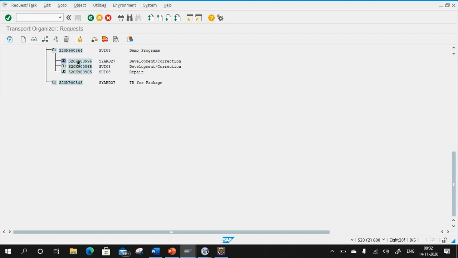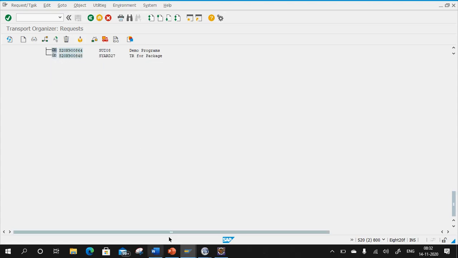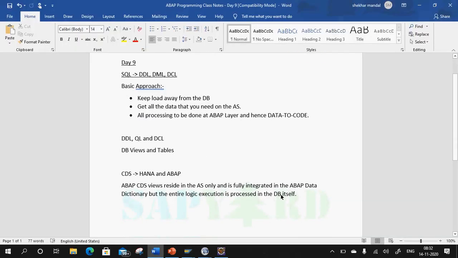So in your TR, it will capture only the DDL source name, and the table for referring to the details of your CDS view and your SQL view with respect to your DDL source is the DDL dependency table. The DDL dependency table stores all the information with respect to your DDL source.